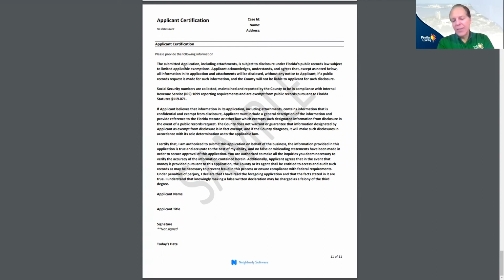And you will fill out this form, and it's an e-signature. It is not required that you actually physically sign the form, but by checking that box, you will be e-signing the agreement and signifying that you do agree to all of those certifying statements. And so at that point,